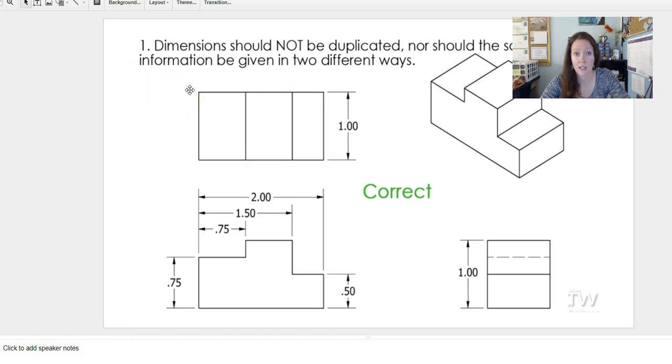So the first rule is dimensions should not be duplicated. You should never show a dimension more than once throughout your entire drawing. Nor should the same information be given in two different ways. You want to simplify your drawing and only include each measurement once. So notice here in our top view, we're always going to give our overall depth. So we're looking at this view where we're just showing the footprint of our